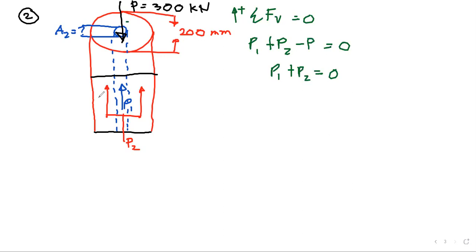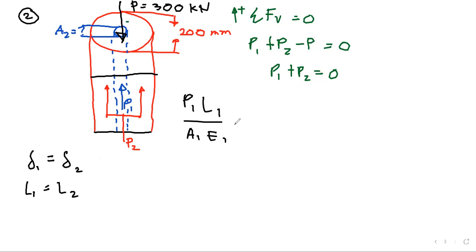So, ngayon, kunin natin yung mga area na meron tayo. Technically, wala naman. So, ganito pala. Ang gawin natin is wala tayo ngayon sa formula. Katulad ng sabi ko kanina, guys, equal yung deformation natin. So, delta 1 is equals to delta 2. And yung length then, of course, equal din. L1 is equals to L2. So, kung equal yung deformation natin, we can say that P1 L1 over A1 E1 is equals to